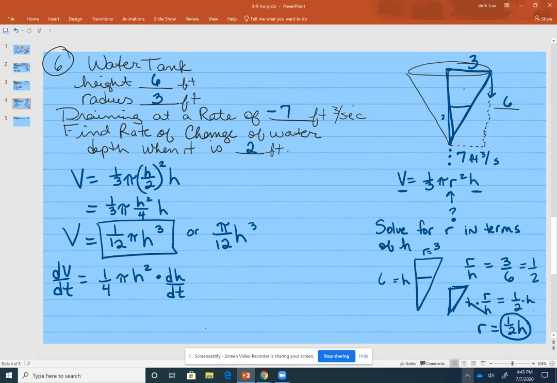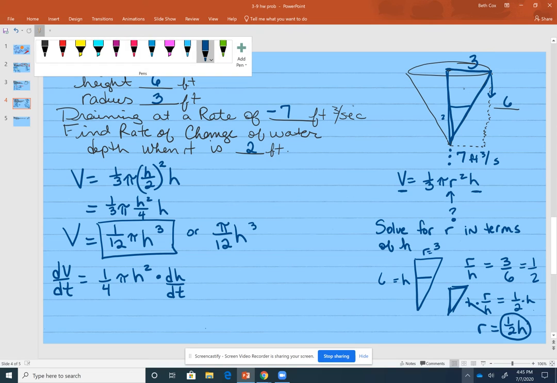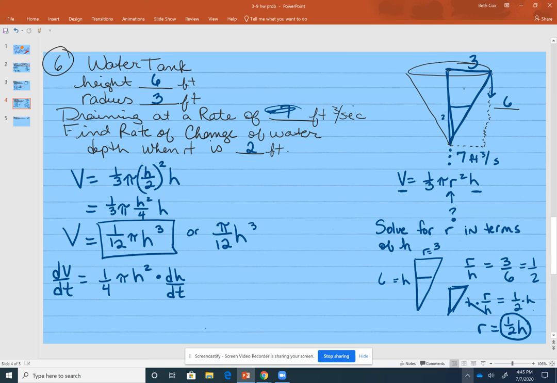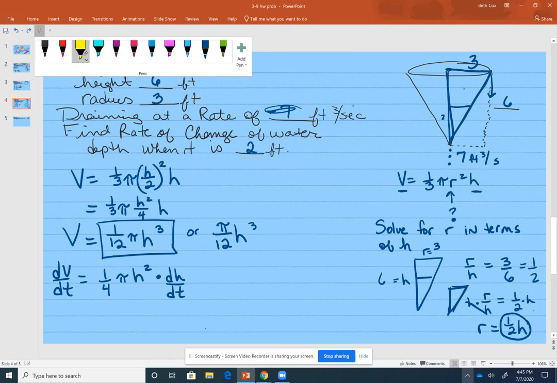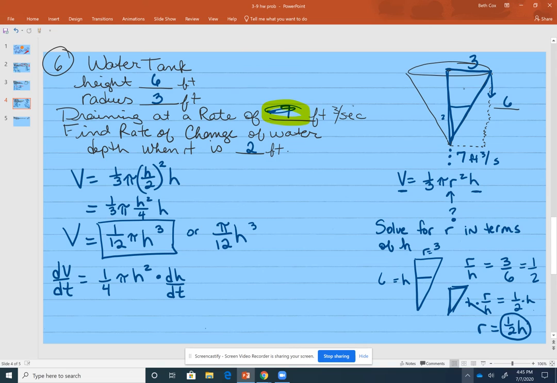And so now it's pretty straightforward. At this point, we just start plugging in our information. Our dV/dt, I'm sorry, we're solving for dh/dt, but our dV/dt is -7,